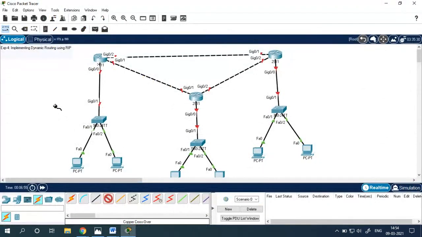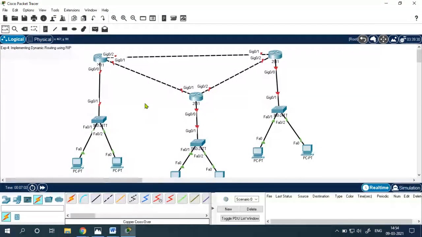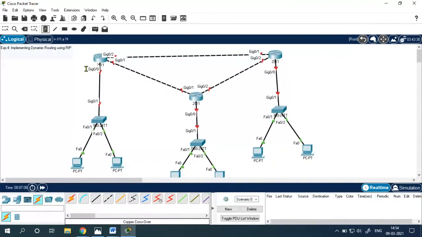Now, the next level is the most important one. We have to think what IP addresses I am going to provide. Let me first take a note of that so that I may not forget. So this router's interface gigabit 0/0, I will be giving the IP address 10.0.0.1. This is the first IP address in NetID 10. This I will give to this interface gigabit Ethernet 0/0.